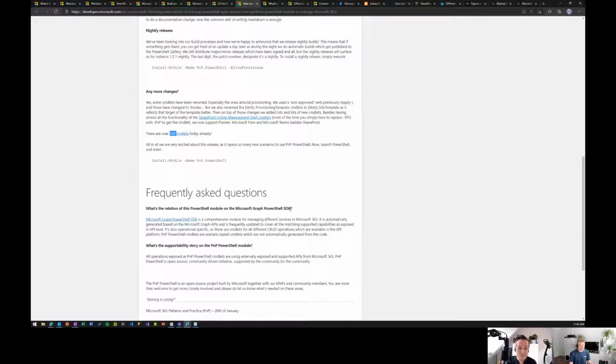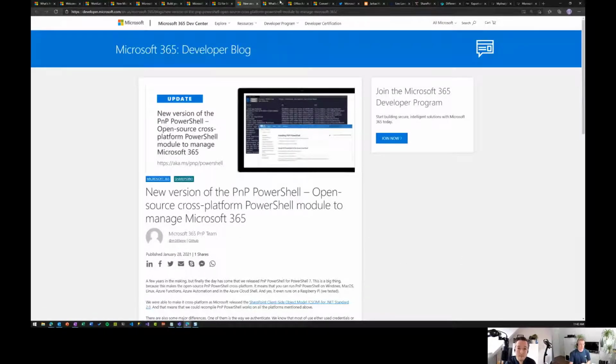Now, one of the things I wanted to call out is that there is obviously the Microsoft Graph PowerShell SDK available, which is the most comprehensive module for managing different services in Microsoft 365, because we auto-generate the PowerShell SDK against the existing APIs. So that's why it has the surface of all of the Graph APIs. It's, however, slightly more operation-based rather than scenario-based. So that's really the difference comparing these two modules. But again, PnP PowerShell has such active usage and an active open source community, so it's good to have that one out also in the modern PowerShell.